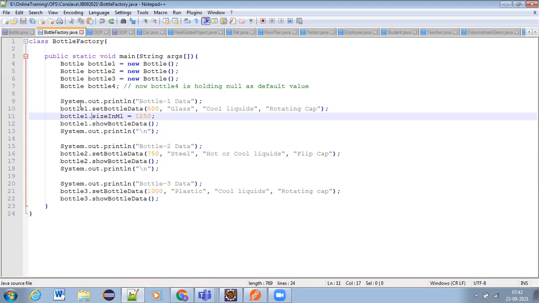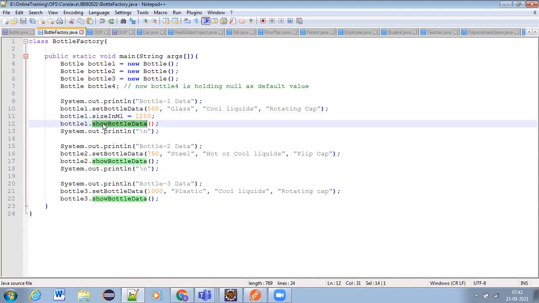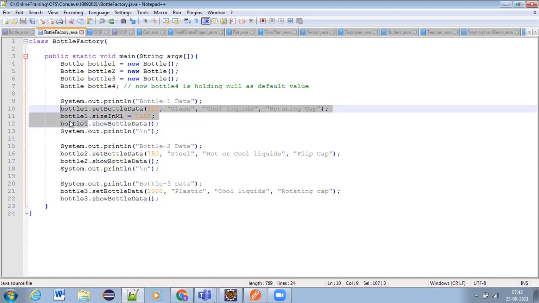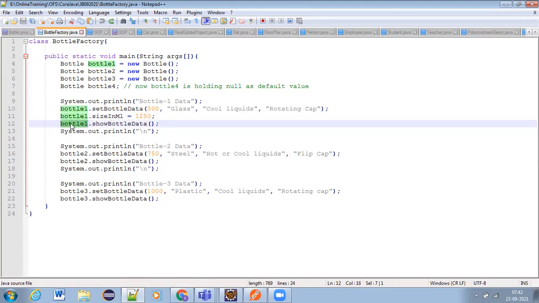Yes, sir. So if you want to make use of those data members, or if you want to call those member methods, what is compulsory? It is compulsory to have the object, right? Without an object, we cannot access any data members or member methods.